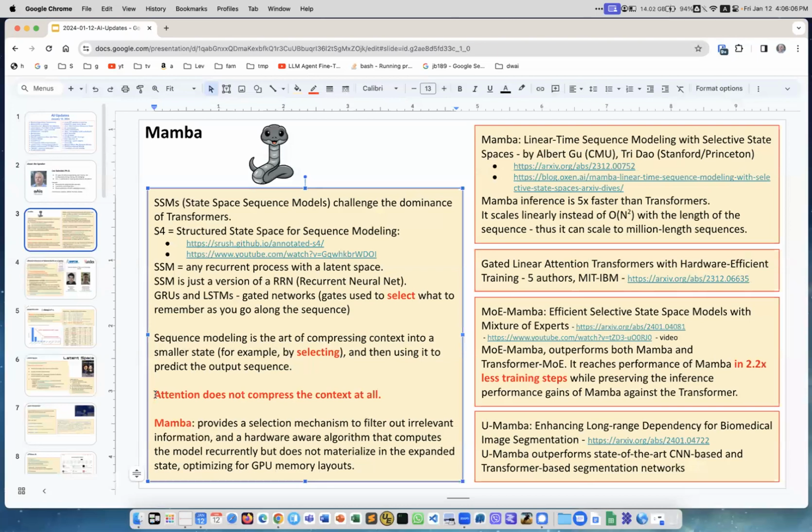Transformers use the attention mechanism. Attention builds a quadratic matrix n by n, and it doesn't compress anything, unfortunately. And that's the problem, right? As your sequences become longer,